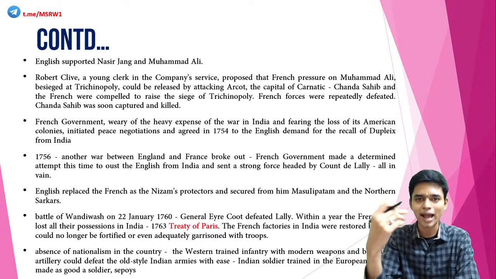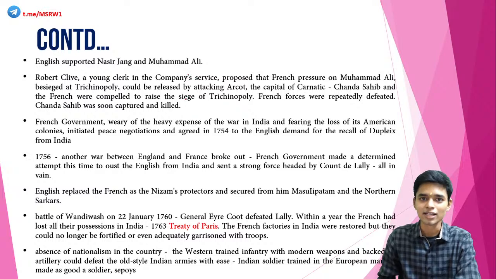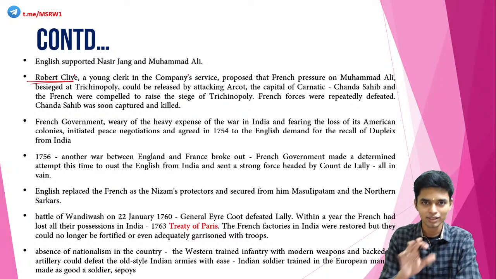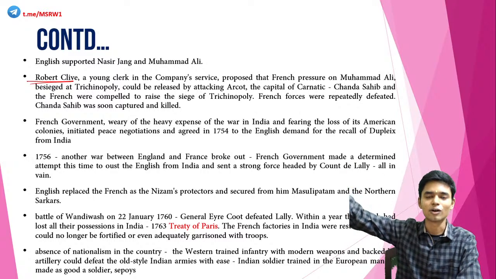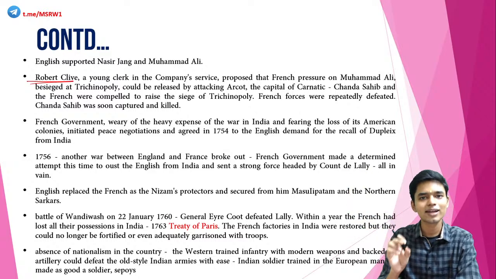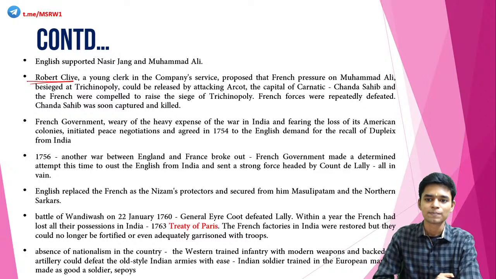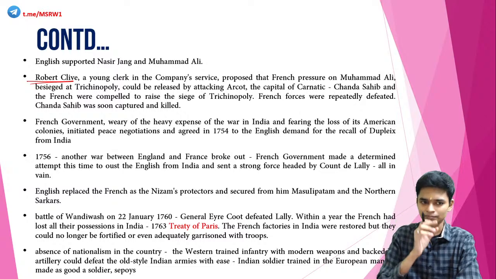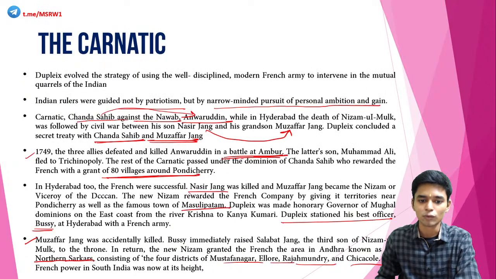When Dupleix decided to back Chanda Sahib and Muzaffar Jung, the English backed Nasir Jung and Muhammad Ali. Robert Clive, right around the time of the Carnatic Wars, was actually only a clerk in the company service. Later he became the governor, but now he is only a humble clerk in the company. So he came up with an idea: if the British attacked their capital, the French would have to take away their pressure from Muhammad Ali. Earlier I told you in the previous slide that Muhammad Ali, the late ruler's son, had fled